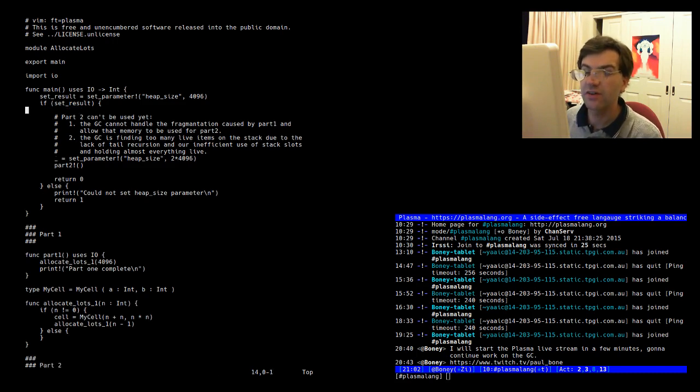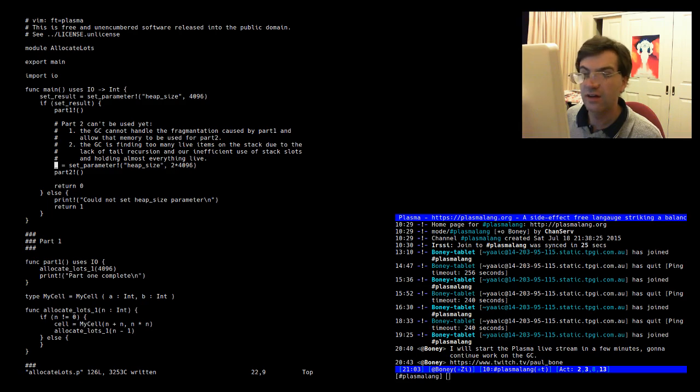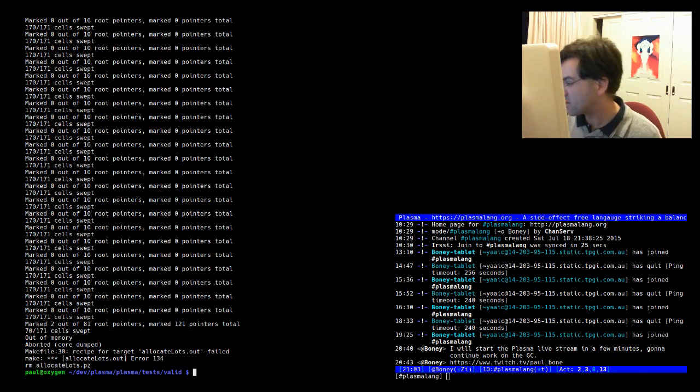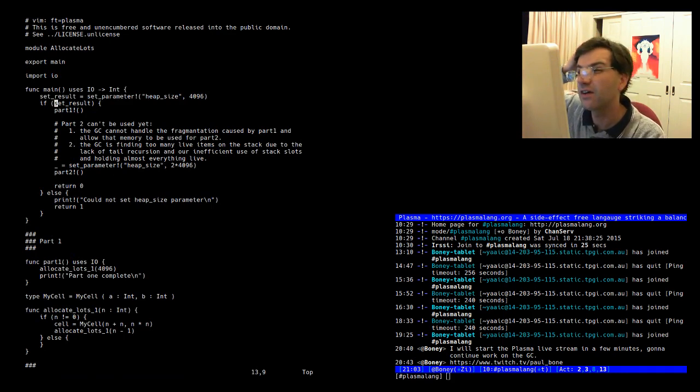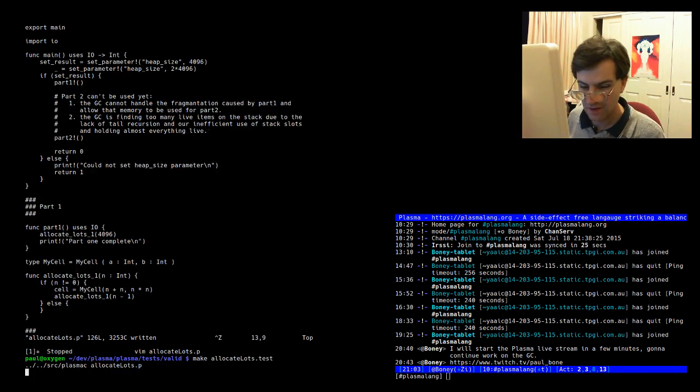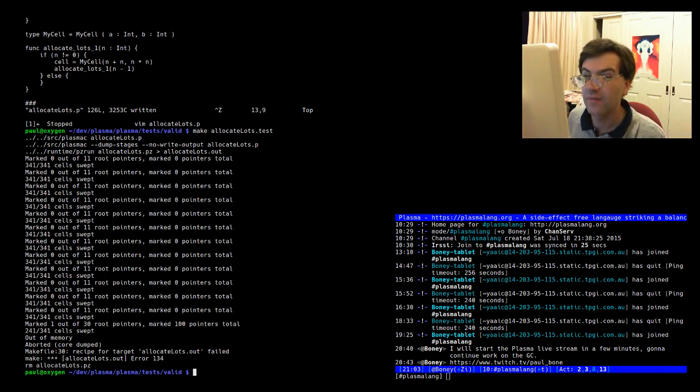Now, because of the fragmentation, now that I've got part 2 working, we'll leave part 1 there. Yep, just as that runs out of memory, just as before. Interesting that the increased heap size didn't help there. It didn't seem to change anything. Let's just double check. Yeah, interesting that the sweeping